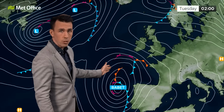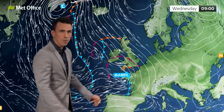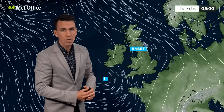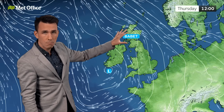Initially high pressure over the UK, but that high pressure moves away and sticks there to the east of the UK for the rest of the week. Babet then moves in from the south on Tuesday night, bringing strengthening winds across all parts, but later on in the week, the risk of persistent southeasterly winds emerges as Babet just becomes stuck over the UK because of high